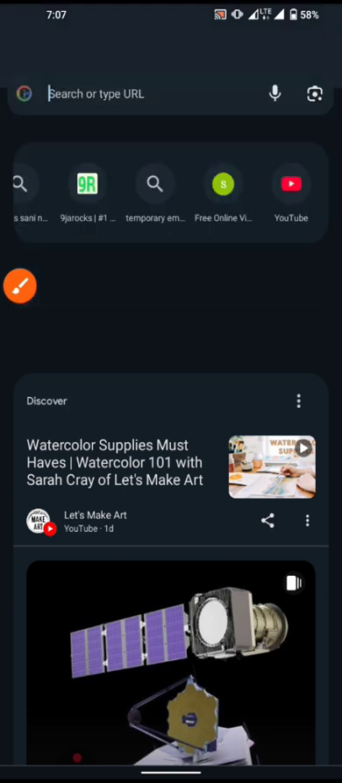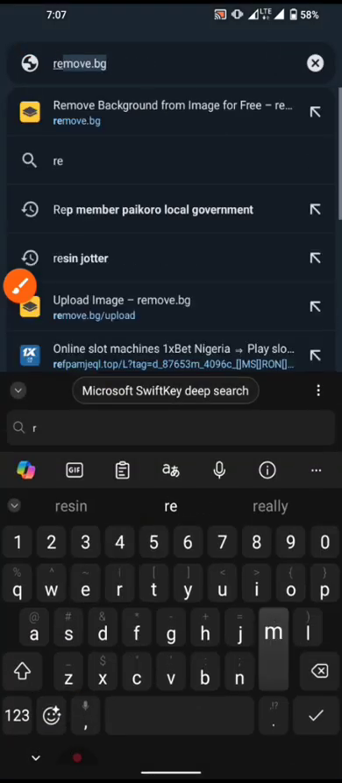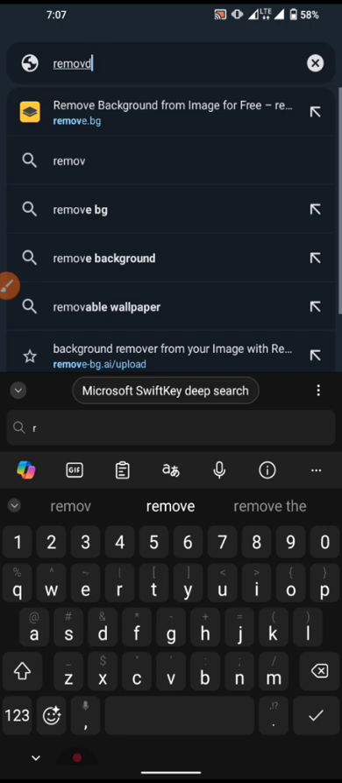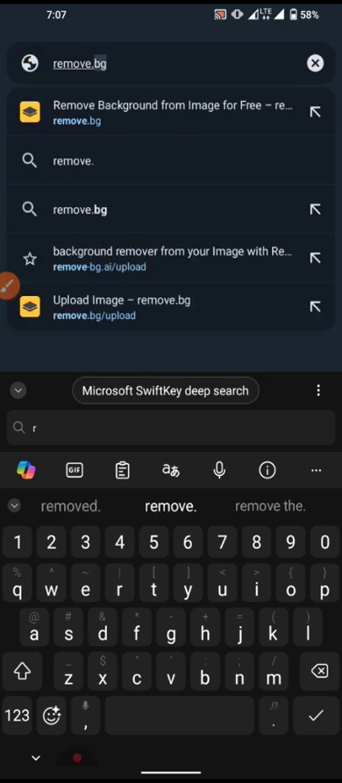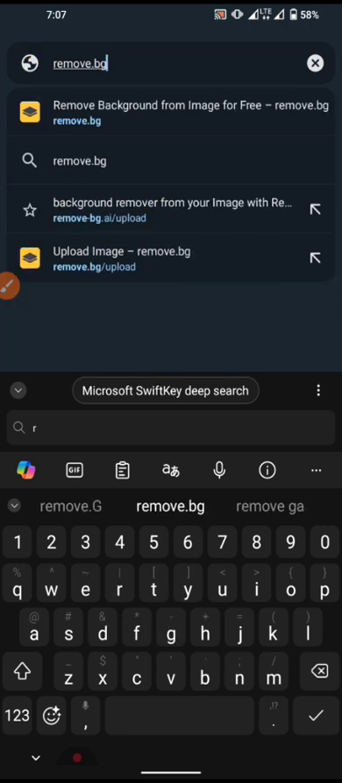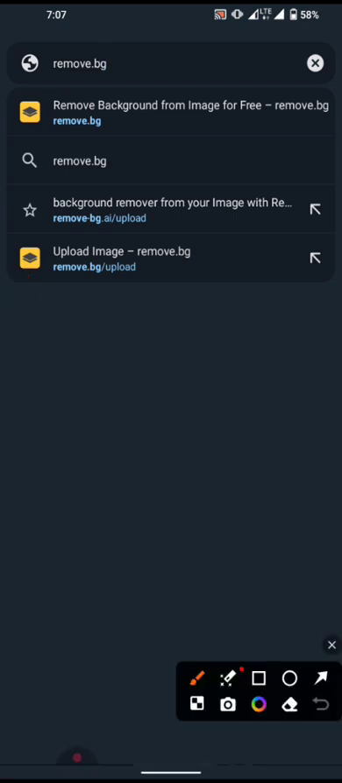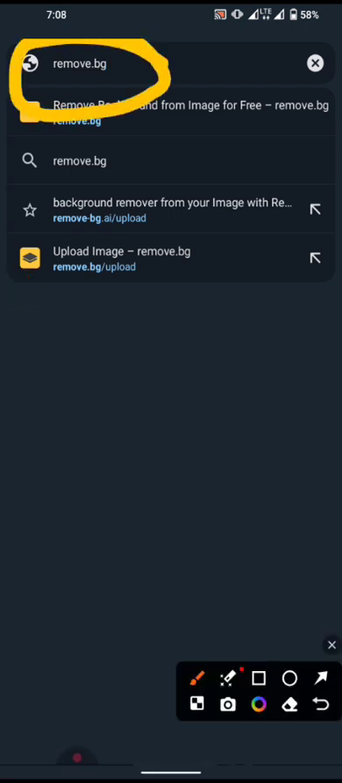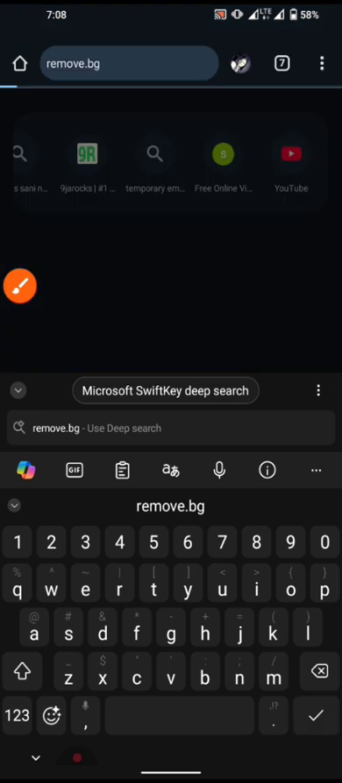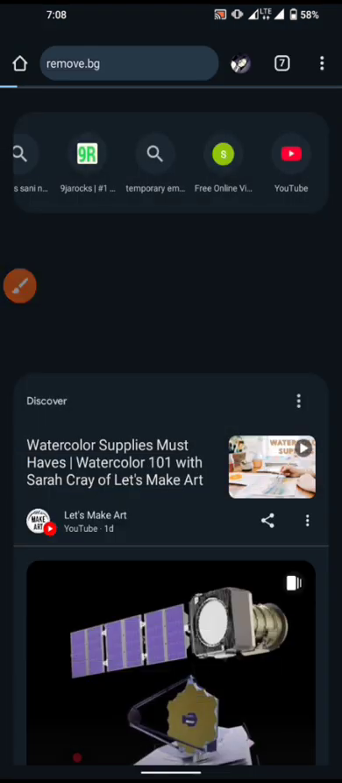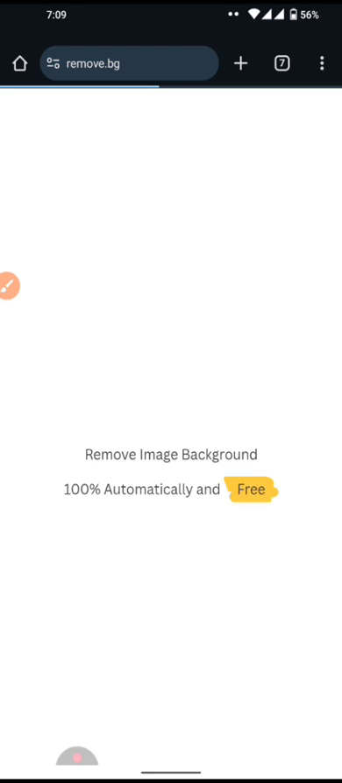So the website I'm going to be using is remove.bg, without space. Remove.bg. Then you click enter. Then to search, you should go to the website. Alright, it will load this way. You allow it to load,